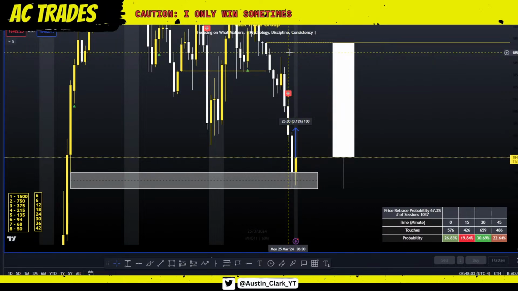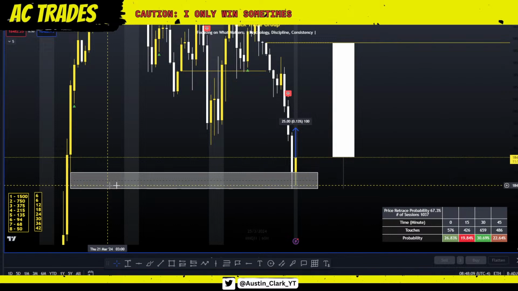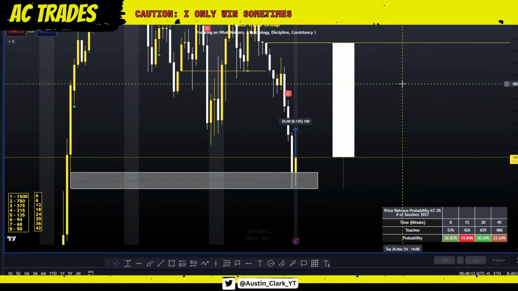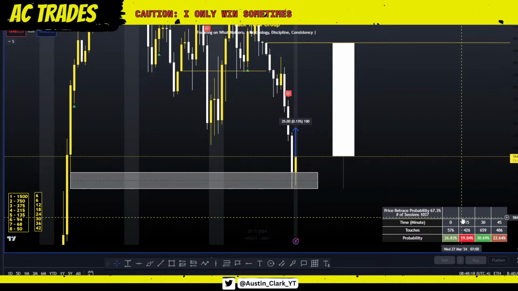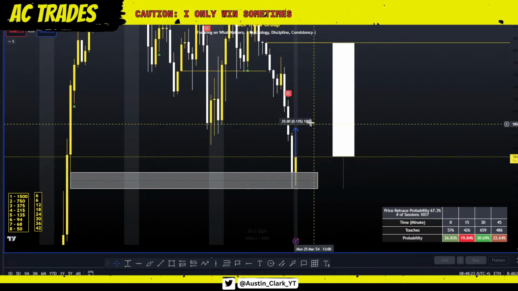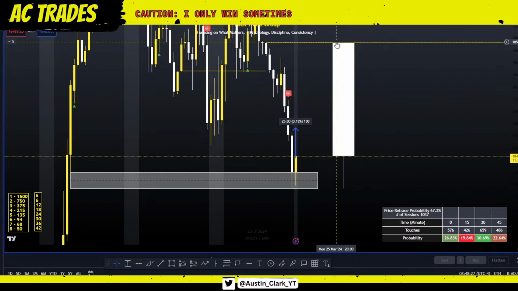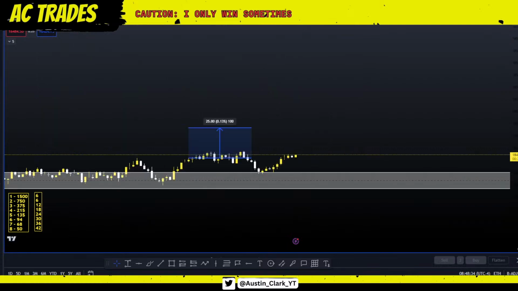It works in just a symphony. It's like having one instrument, right? Just trading off this footprint is like just having a violin, and just having one little area is like having, I don't know, a clarinet, right? But then when you have data, when you have objective buy and sell pressure, when you have an area of time with high probability, when you have bullish or bearish distribution, all this objectiveness, you have a symphony. You have all the instruments playing together, and that is an edge. And that's what I focus on, and that's what we look for here.